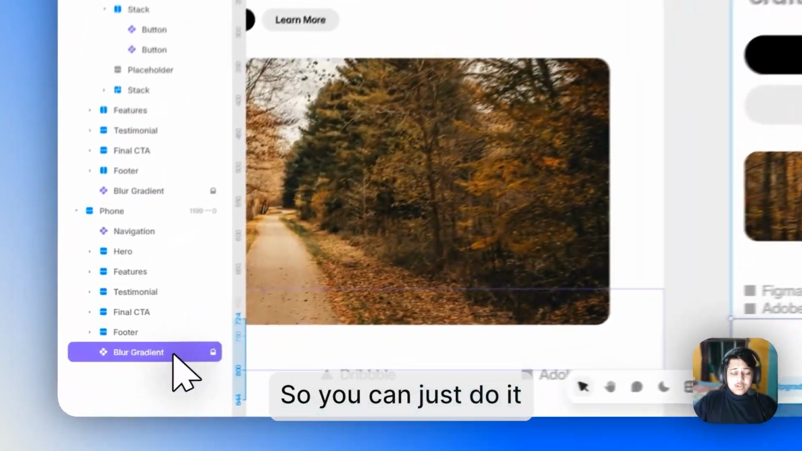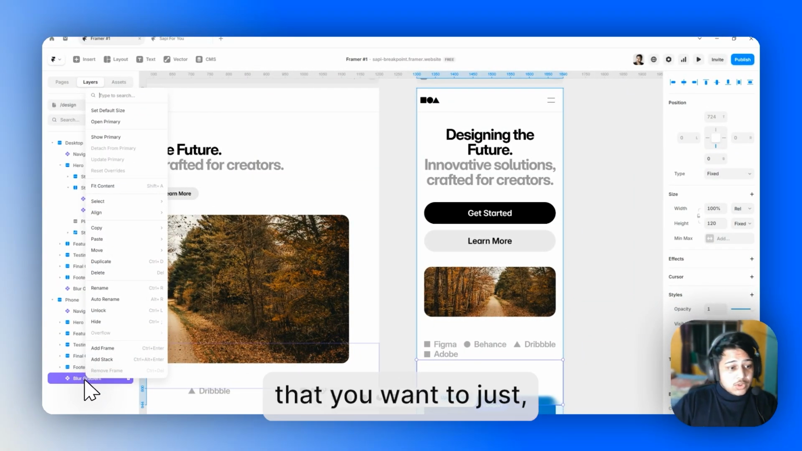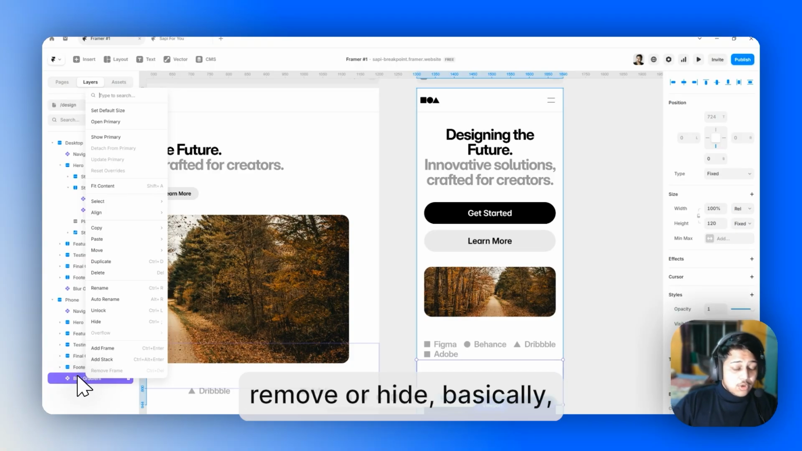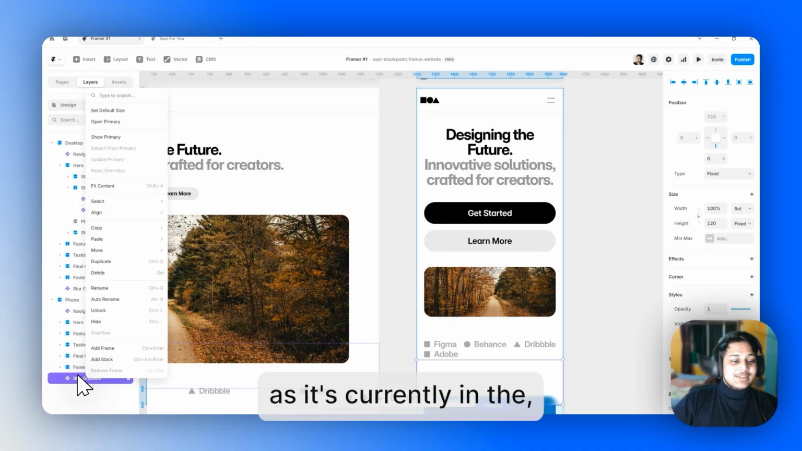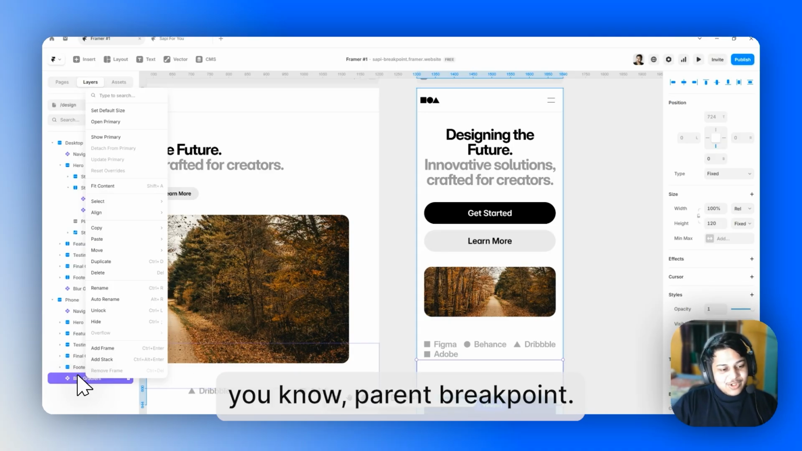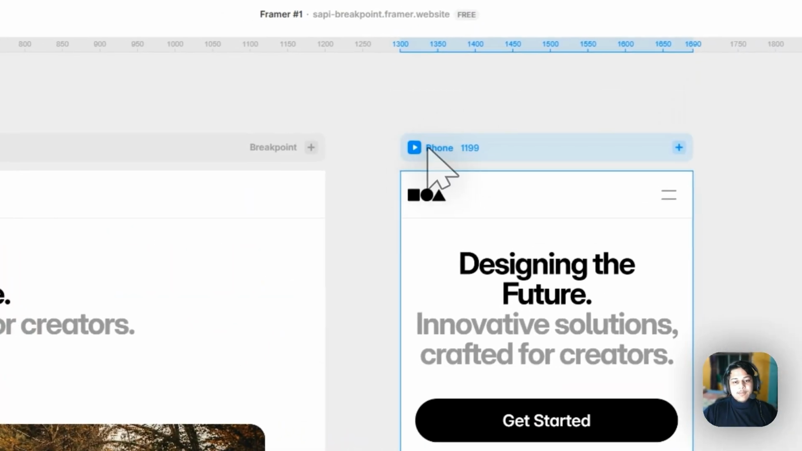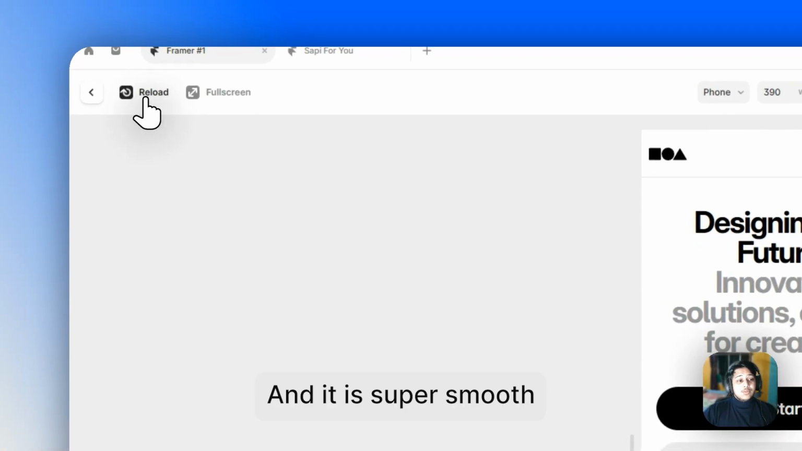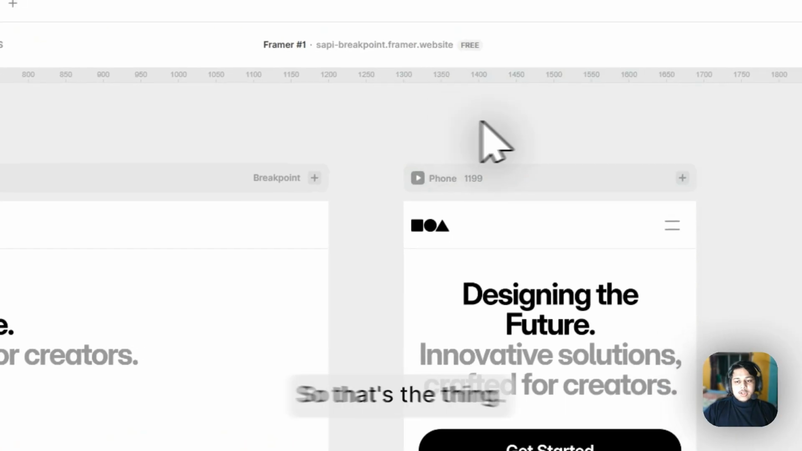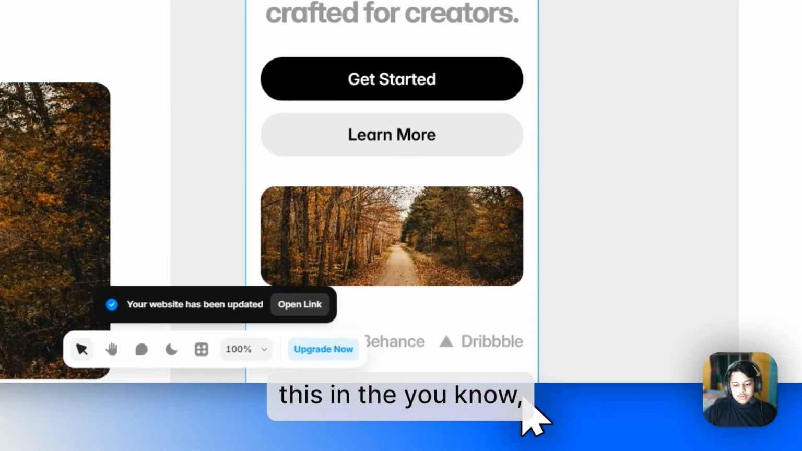You can just right click on the decorative thing that you want to remove or hide. Basically, you can't remove it from the child breakpoint, as it's currently in the parent breakpoint, so you can just hide it. Just click on this, and you are not getting any blur effect right now, and it is super smooth to load. As you can see, we are reloading it, and it's super smooth. Let me quickly show you this in the